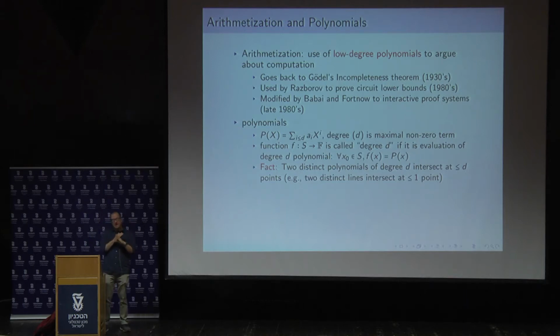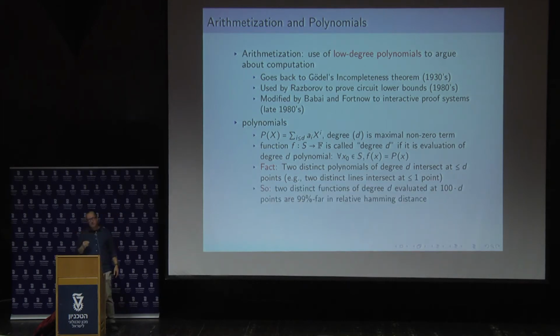And maybe in high school you also saw that two parabolas, if they're not the same, will intersect in at most 2 points. And this generalizes. So two distinct functions that are of degree d, if they are not the same function, will share at most d points. And this is a very powerful observation because it means that if you have two distinct functions